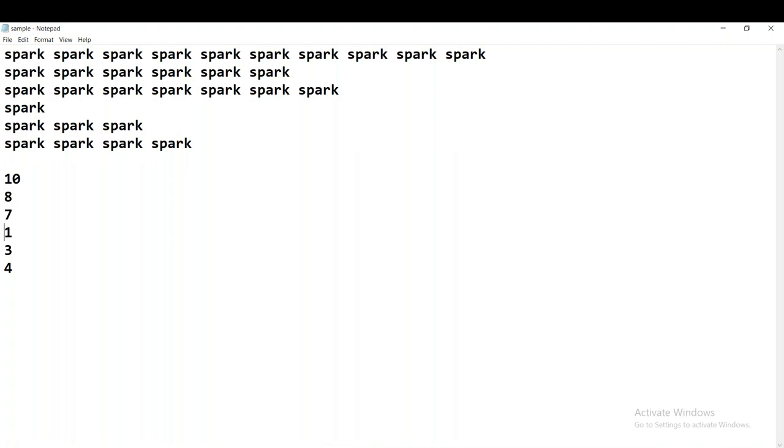But how do we identify that 10? We should not make a manual count. This file has records in which the maximum number of words in a line is 10. If we give some other file as input, the maximum number of words in a line can be something like 20 or 30, or it can be 2 or 3. We don't know. So we can't check it manually, right? So it has to be automated.